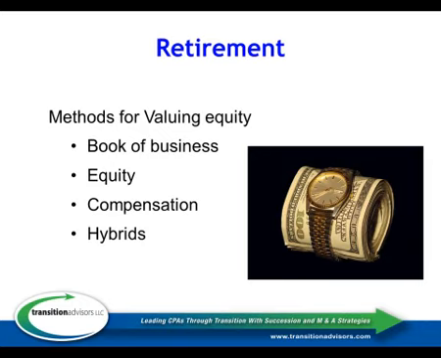And when that method was introduced many, many years ago, it was really a proxy for 1 times revenues, because remember the old third, where a third of the revenues are partner compensation. Well, a third times 3 is 1, so we've got, in essence, the same valuation, just allocated differently.